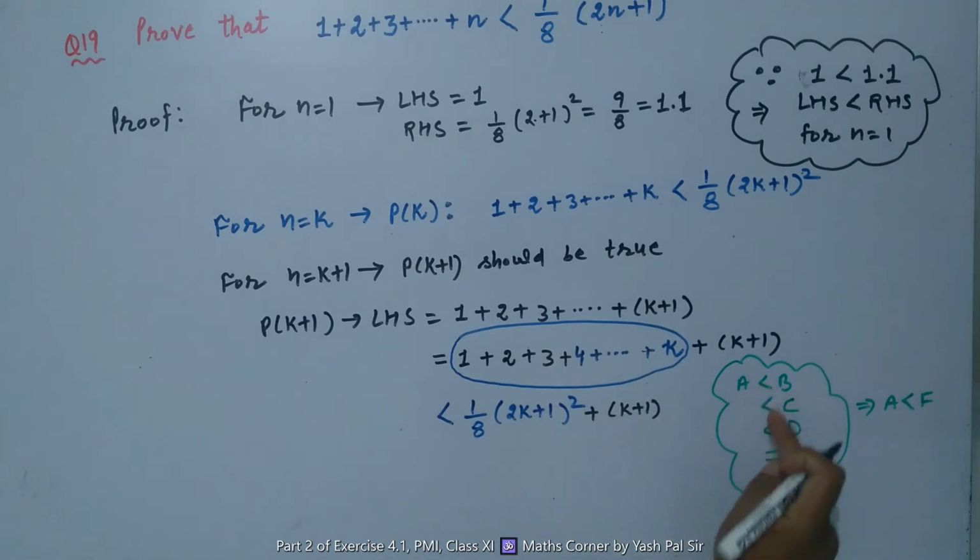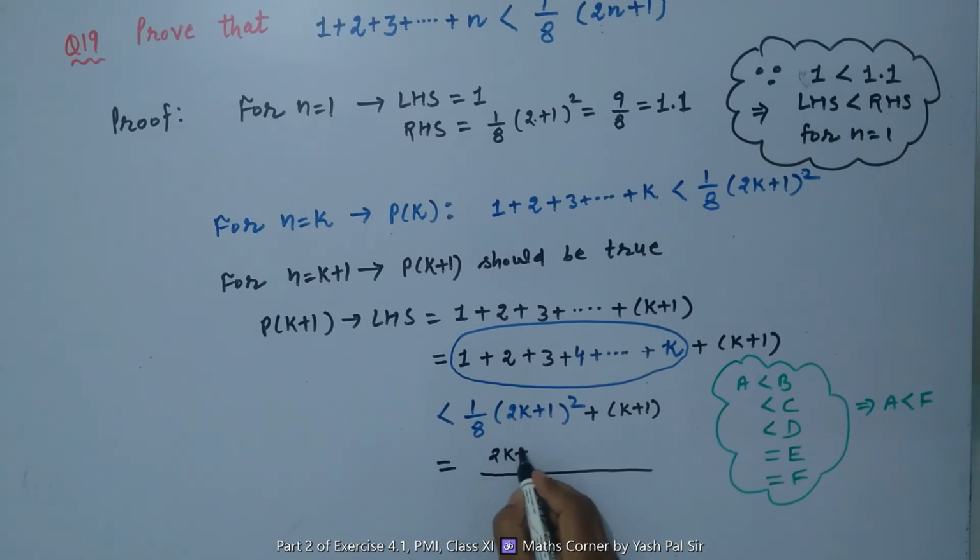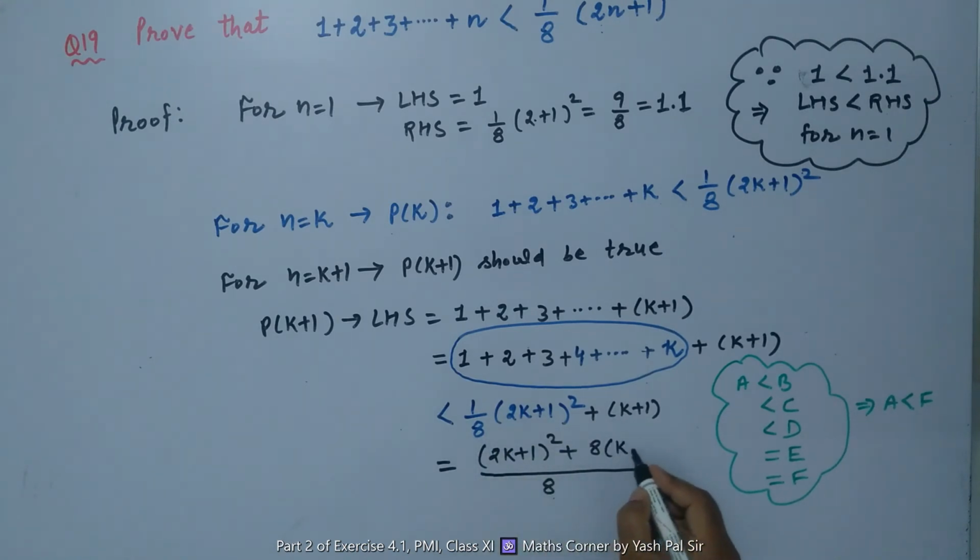So in the next step, we are not going to insert this less than sign. Rather, we shall put here equal to sign because we are going to solve this equation. So 8 will be the LCM. So this will become 2k plus 1 its whole square plus 8 will be multiplied here k plus 1. So this is equal to,